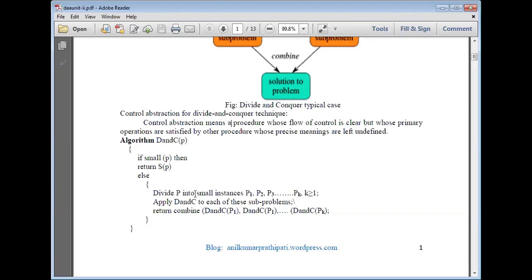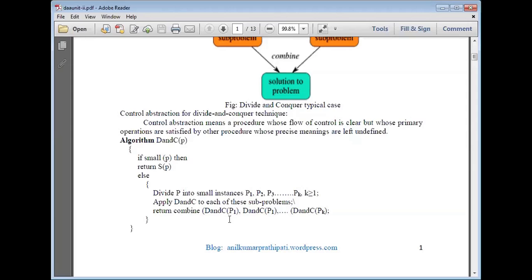Else, divide P into smaller instances P1, P2, P3 up to Pk, for some k greater than or equal to 1. That is, we have divided the problem into k subproblems. Apply divide and conquer to each of these subproblems, and return combine of divide and conquer of P1, divide and conquer of P2, up to divide and conquer of Pk.